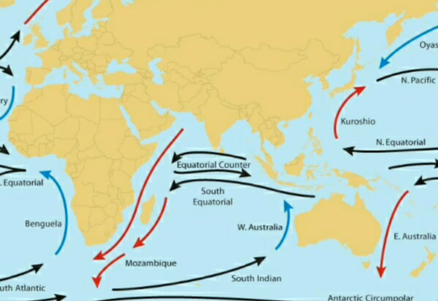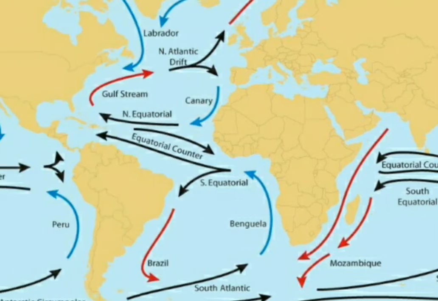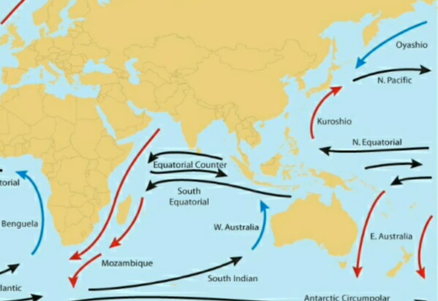Then in the Indian Ocean there is the equatorial counter current below India, and the south equatorial current, which flows towards the west. And then both these equatorial current and south equatorial current join the Mozambique current, which is a warm current. And then the South Indian current goes towards the Western Australian current, which is a cold current and again gives desiccating effect to the Great Australian Desert. And then there is the Antarctic circumpolar current, which flows throughout the southern part of the globe